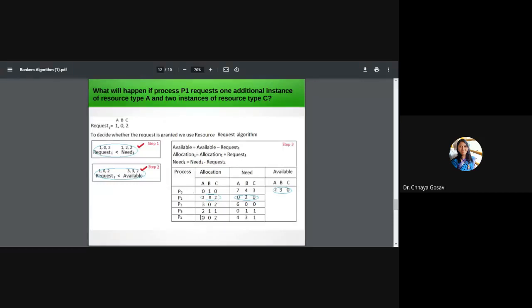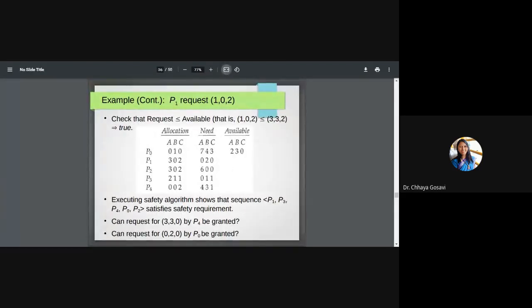You'll make this fix. This is allocation, need and available. Now, this slide is visible. Initially P1 requested 102 resources during execution, and we checked that the system will be in a safe state, and we granted that request.